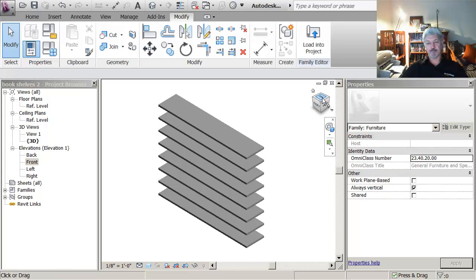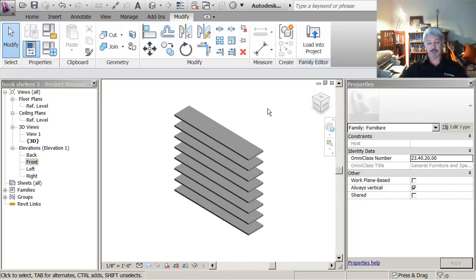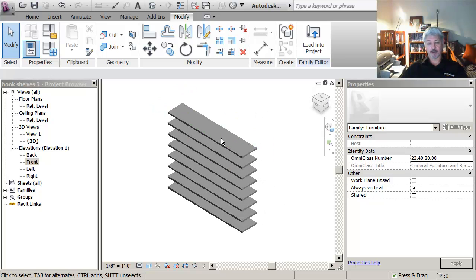I don't want, when I've put my family into a project, I don't want it to be looking actually at the top of a 3D model and having to do the calculations to figure out that really this is all I'm seeing, because that eats up the resources on my machine. So when I look at this, I need to think that, well, do I want all of this geometry